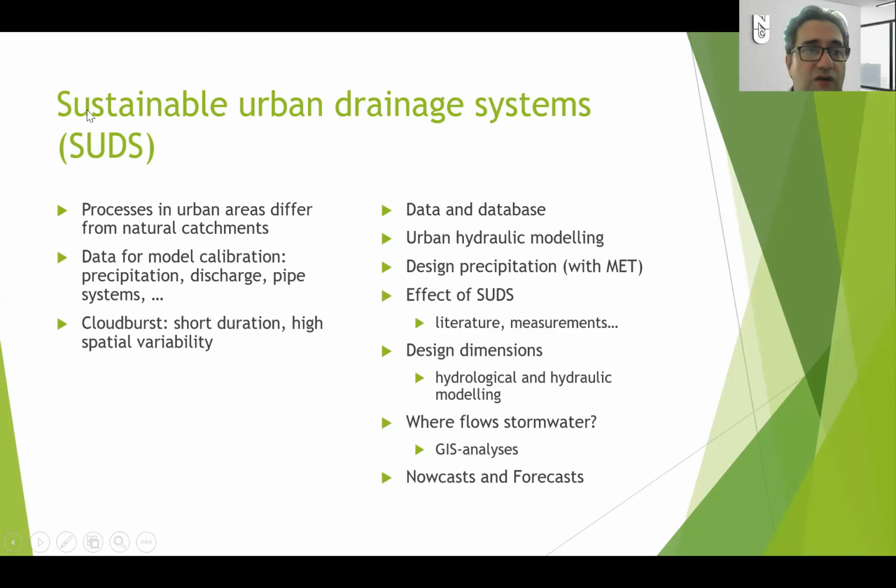Okay, so it is also important to know what a sustainable urban drainage system is. And I'd like to draw your attention to the term sustainability. You know that sustainability is a terminology that optimizes, or let's say maximizes, economic, environmental, and social benefits. So if you are making an urban drainage system, you should not only focus on the economy. A cheaper solution is not the best solution. You should also focus on it being best for the environment, and best for the society. Society means minimal damage during heavy rain events.